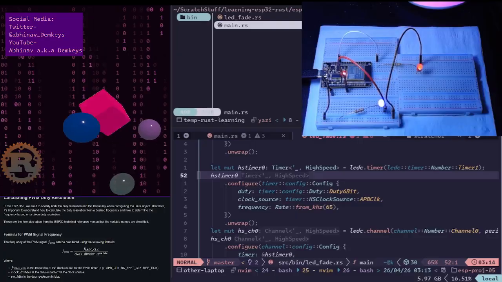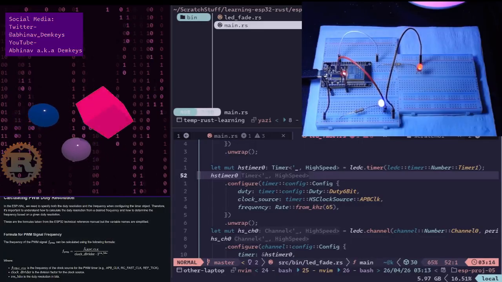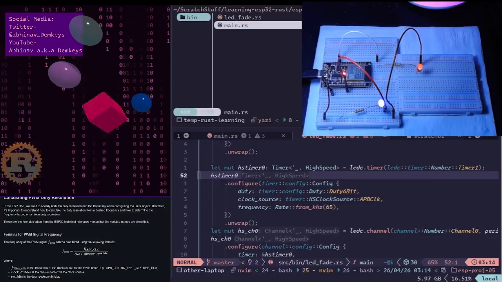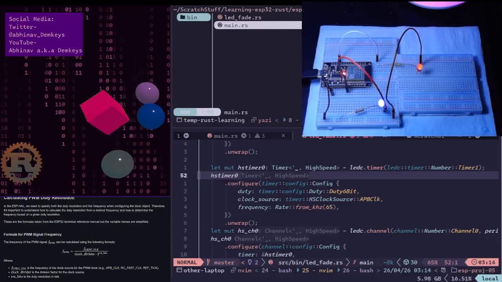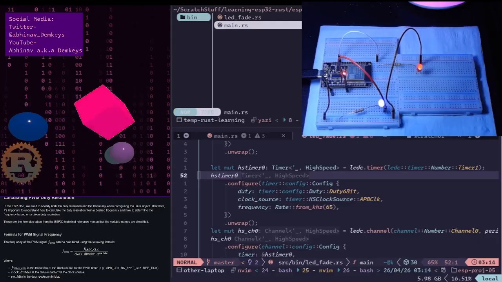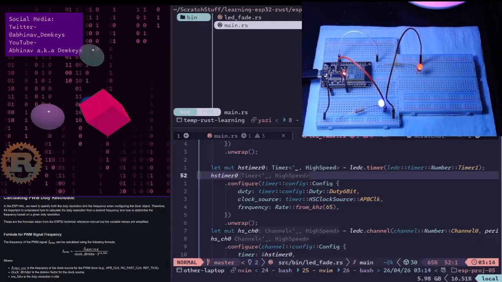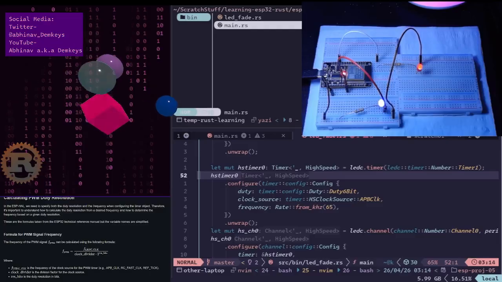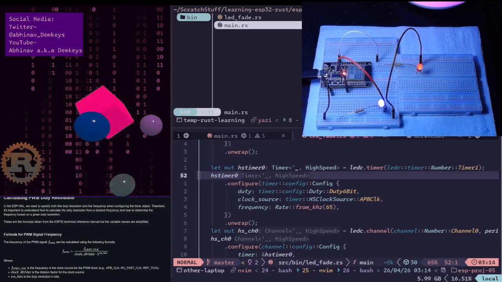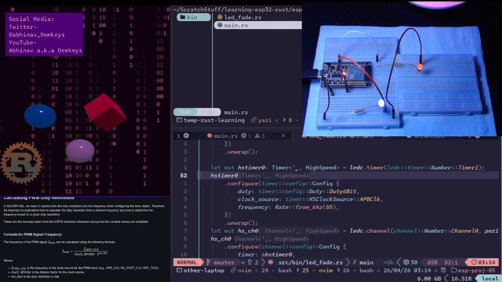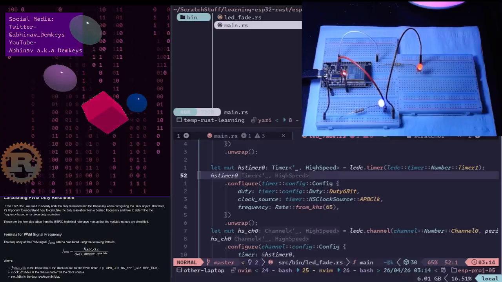What's up, guys? This is Dem Keys, and today we are going to continue learning about PWM, the same thing that we've been doing for the past couple of streams. However, now we are doing things on a much higher level because in the past we have been focusing on how PWM works on a low level,